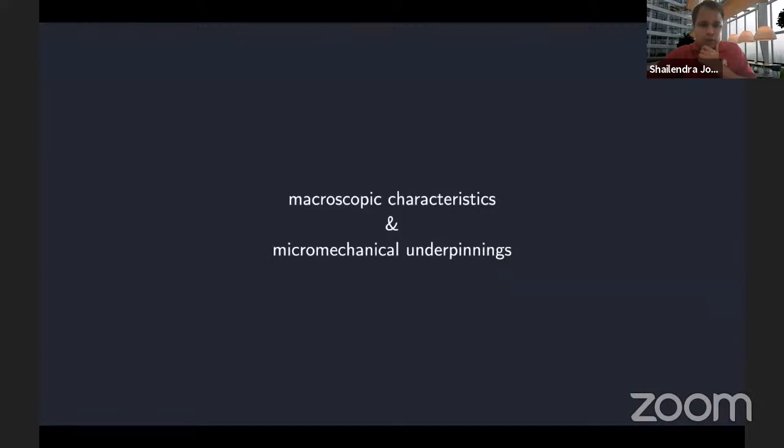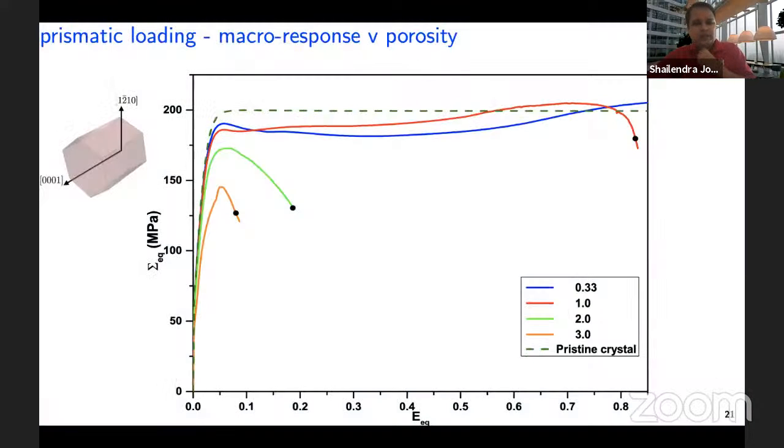Okay, so let me talk about some of the strain responses. Nothing really quite interesting per se until you start looking at the finer details of it. What you see is that the dashed response is that of a pristine crystal, meaning that there is no void inside this crystal. And then all the solid curves are with voids, a single spherical void with all periodic boundary conditions. So we are accounting for inter-void interactions over there, at different levels of stress triaxiality shown by different colors, 1/3, 1, 2, and 3.